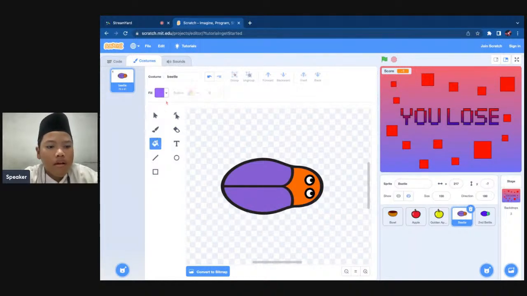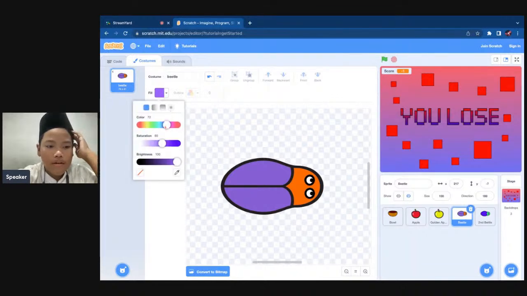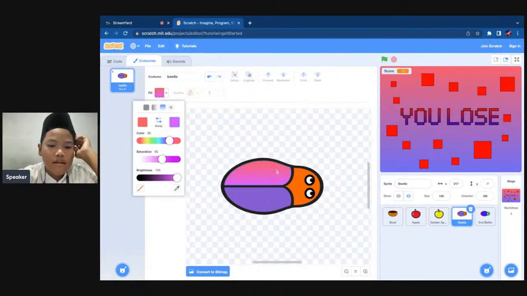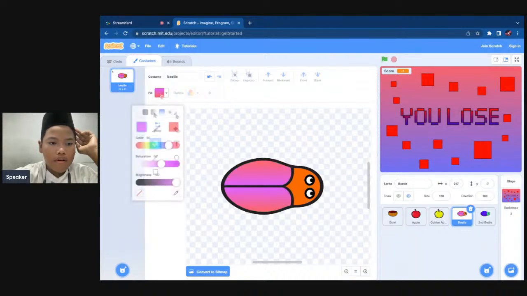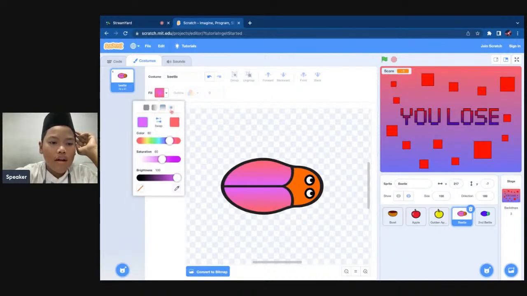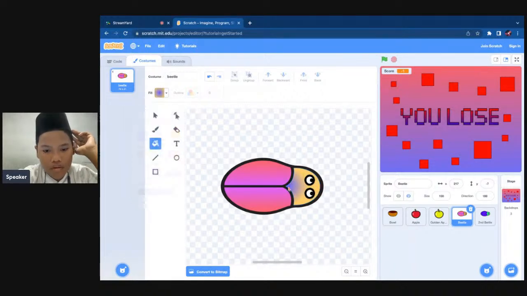And then press the fill button, and you can change the color. I want to make this color into a red to purplish color. Like this. And the head, I want to make it a blue to orange color. Like this.